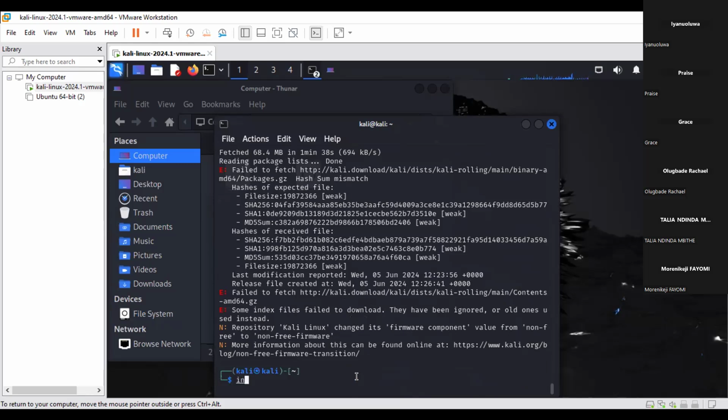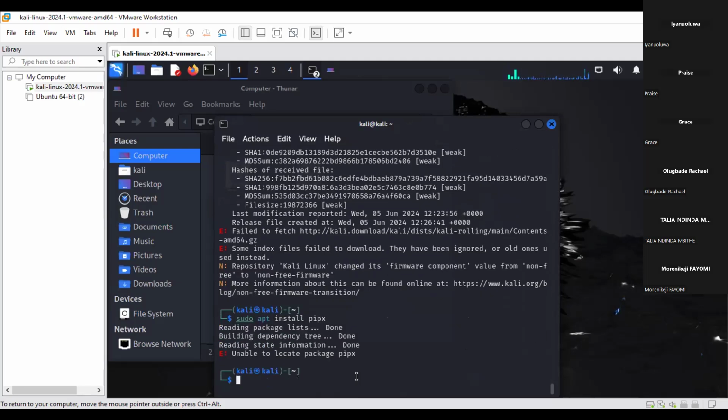So sudo apt install pipx. Start with sudo. Still unable to locate. Well, the update's not finished as expected.